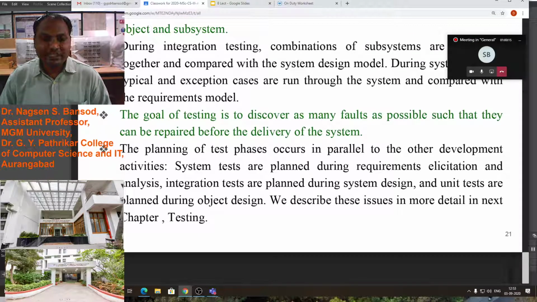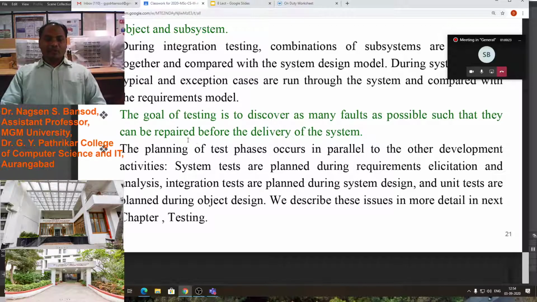The goal of testing is to discover as many faults as possible so that they can be repaired before delivering the system. What is the goal of testing? They should find all possible errors, all possible problems in the software before delivering it to the customer, before giving it to the client.